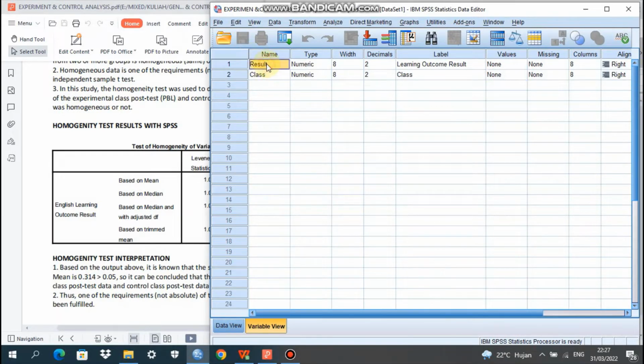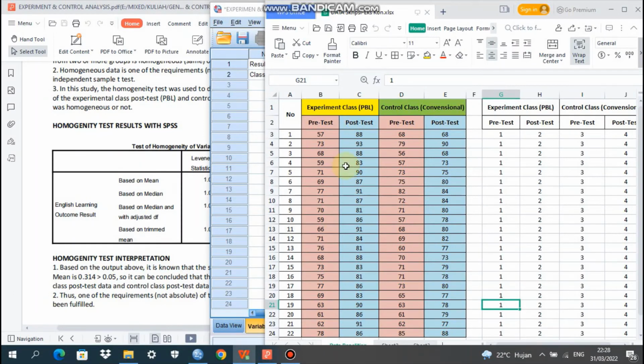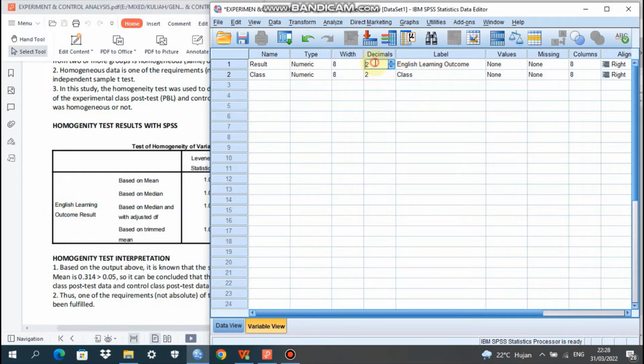In variable view, we type the name, result. And then for the label, we type English learning outcome. From the Excel data, there are no decimals, so in SPSS we choose 0 because there is no decimal.